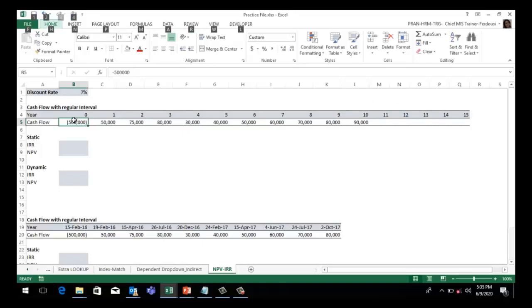If we invest 5 lakh taka, at the end of the first year, we have a cash flow of 50,000 taka coming in. At the end of the second year, we have a cash flow of 75,000 taka coming in. In this way, if I invest this amount, we have different cash flows coming in over 10 years. So how do we calculate the net present value of this cash flow, subject to an interest rate of 7%?